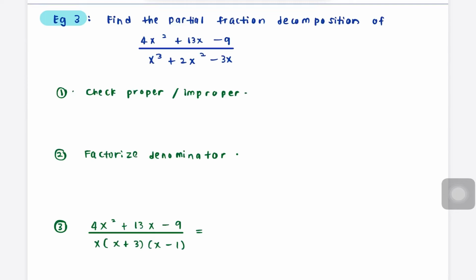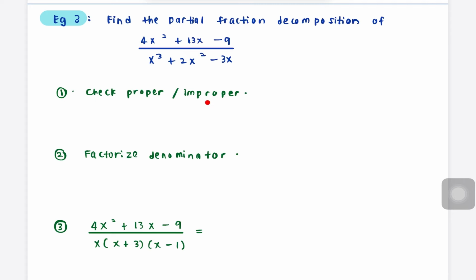Okay, look at this example. We will use all the guidelines. The question asks to find the partial fraction decomposition of this fraction, where the numerator is quadratic and the denominator is cubic. Okay, so the first step is you have to check whether the given question is a proper or